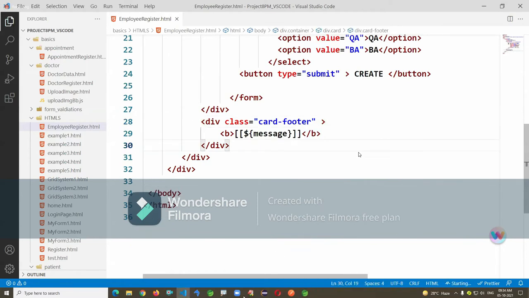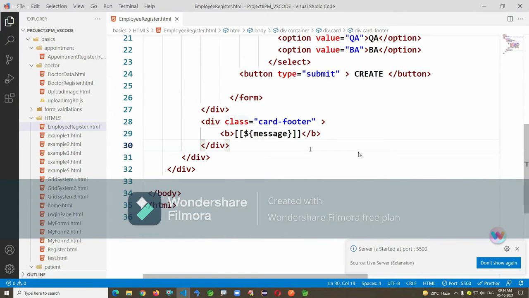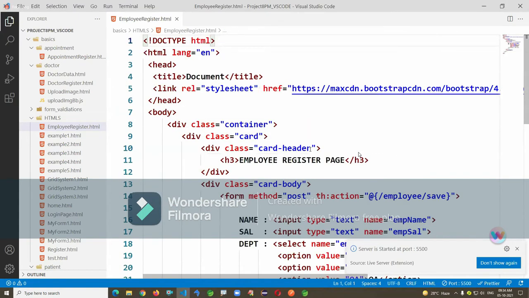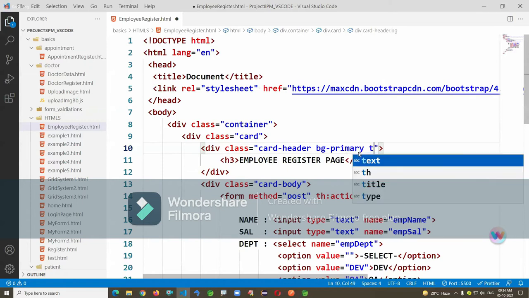We'll do some better designing even. There I'm writing bg-primary text-white text-center. You can do even better. I'm just giving some basics here. If you go to the UI classes, they give ultimate designs.